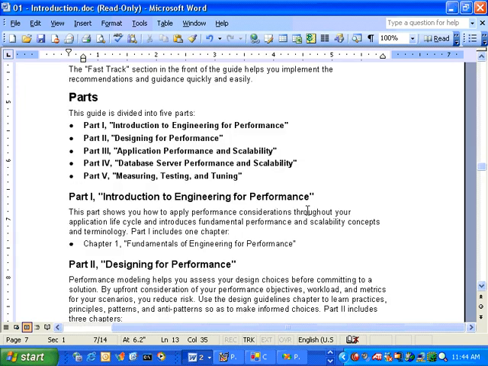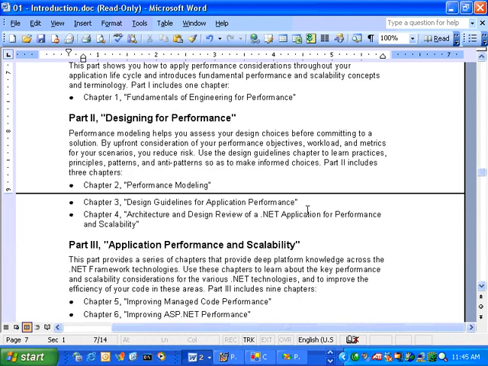Then there is Designing for Performance, which is geared towards architects, and it constitutes technology agnostic principles and architecture and design review and performance modeling. Architecture and design review helps you review your architecture and design. Performance modeling helps you assess your design choices before committing to a solution. Part 3,